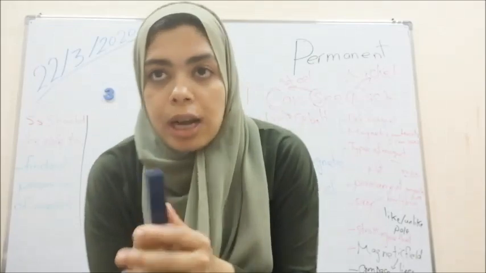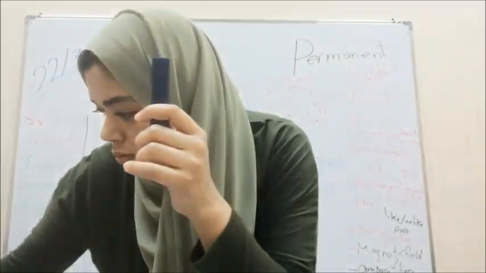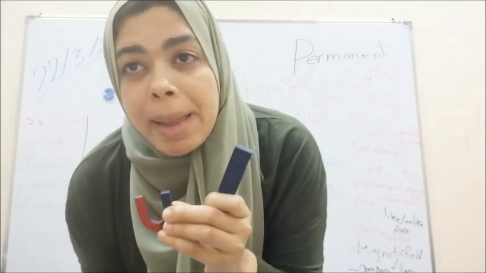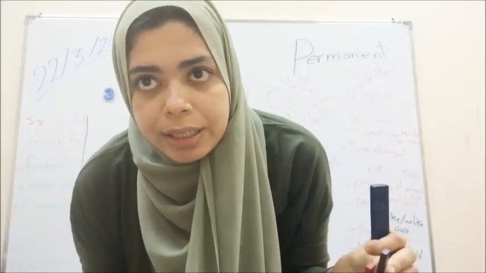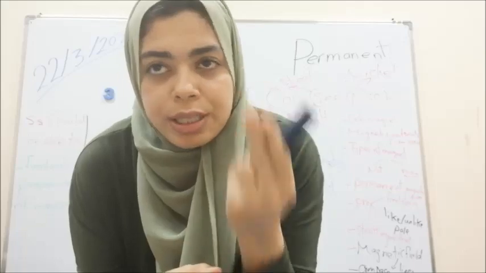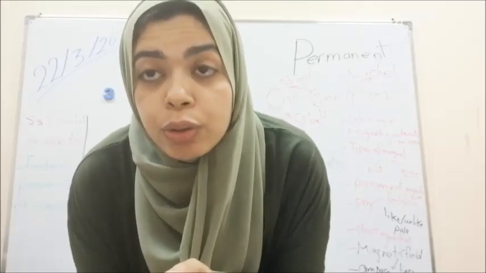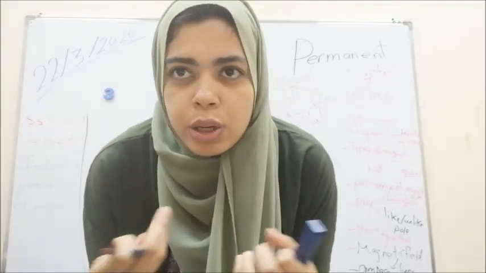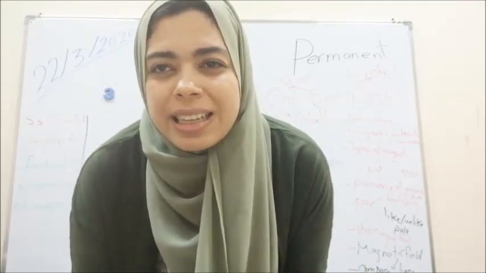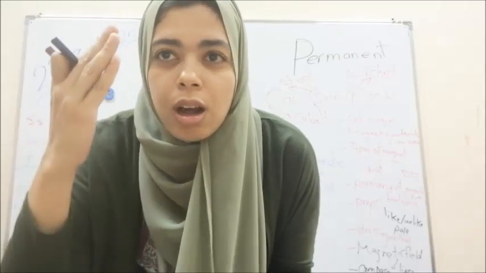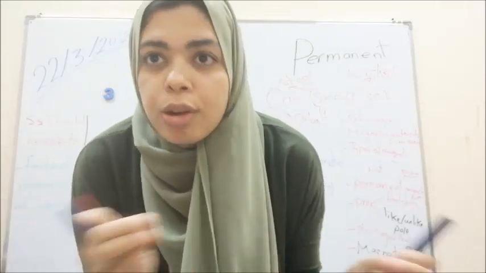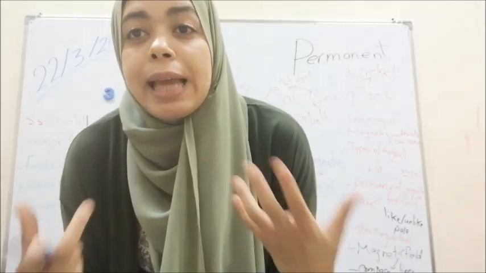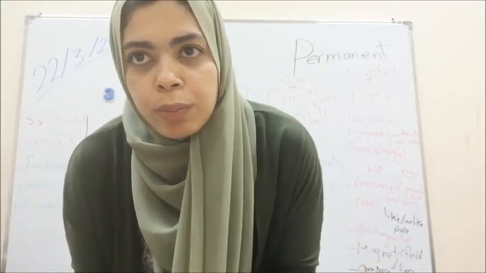So we have two types of magnet. The one that comes in different shapes and sizes is called a man-made magnet. The second type is the natural magnet. Natural magnet comes from the word nature, so you can find it in nature, as Allah created natural magnets. You can find it in nature as black rock,